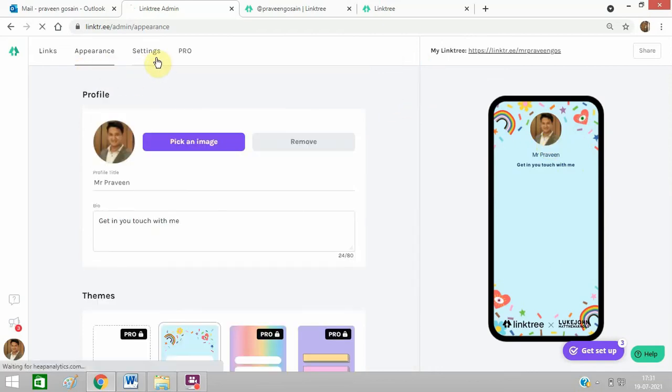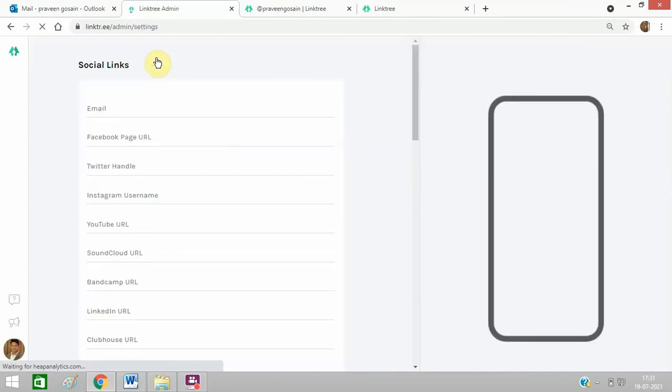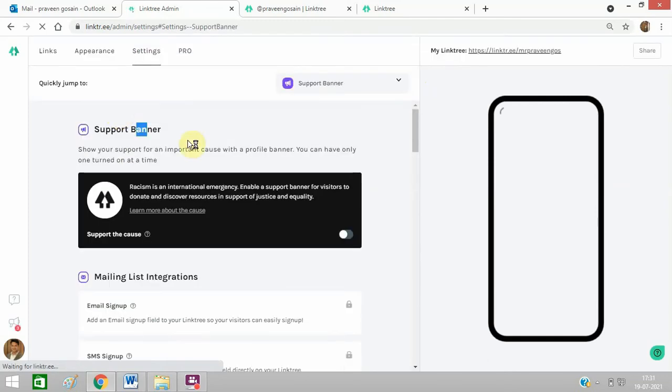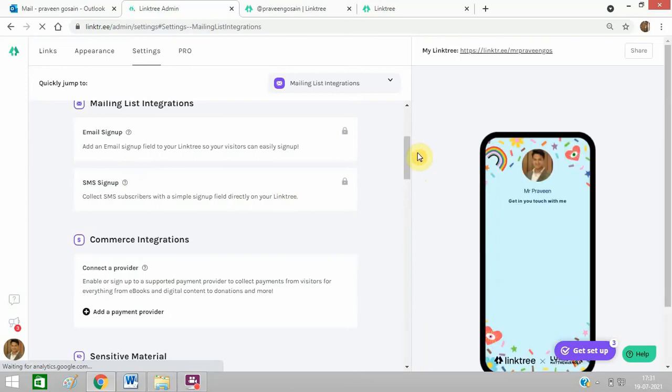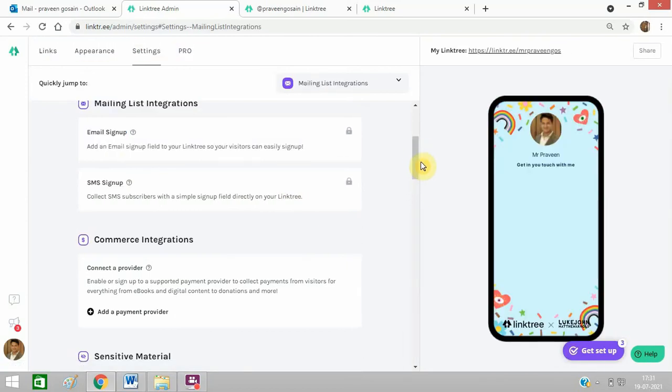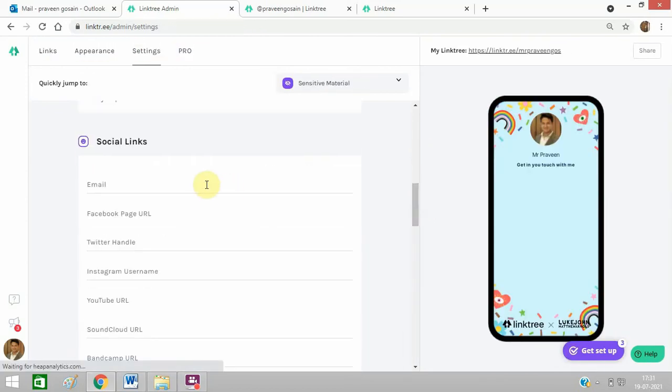You need to go to settings. You can enter your email ID here. Facebook page you can enter here.